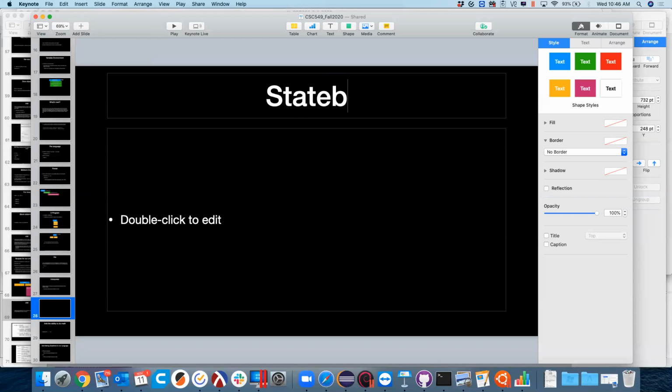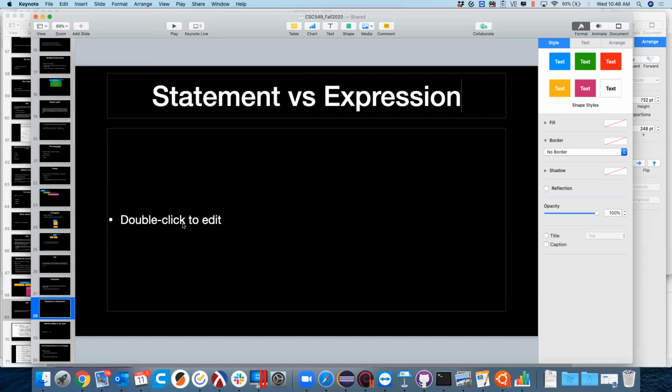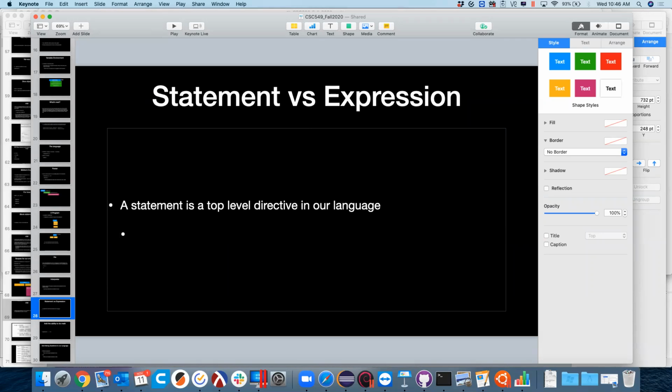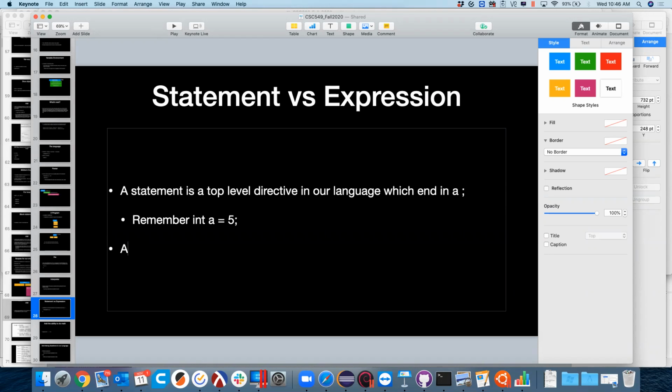We're going to say statement versus expression. A statement is a top level directive in our language. To give a couple examples, we might say, remember a int a is equal to 5, something like that. Statements end in a semicolon. An expression